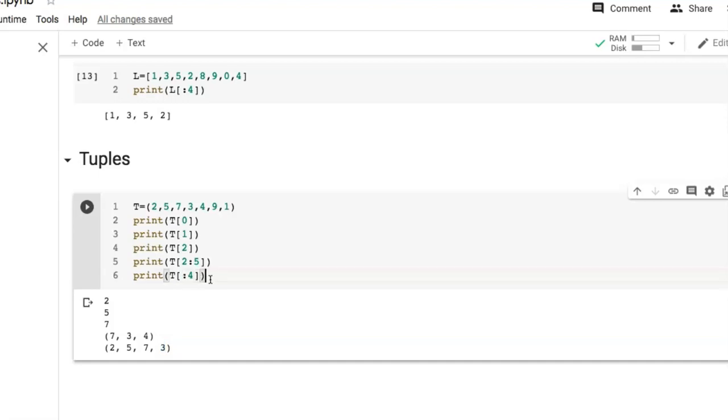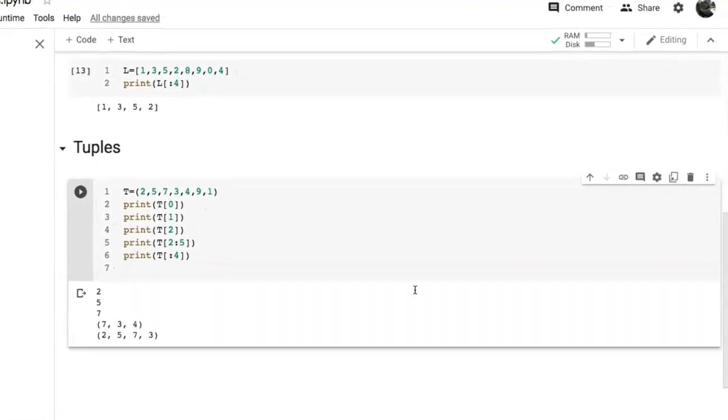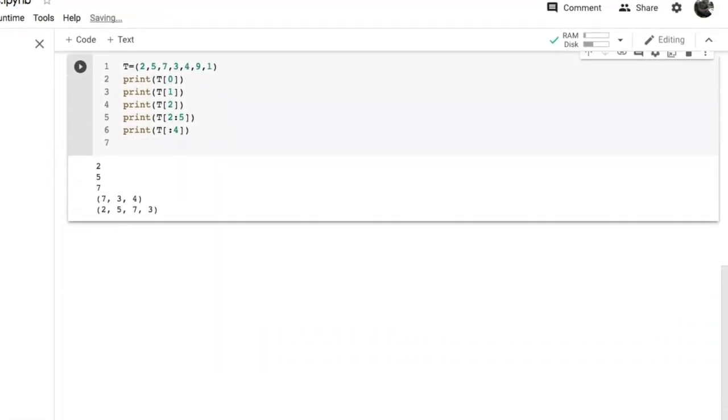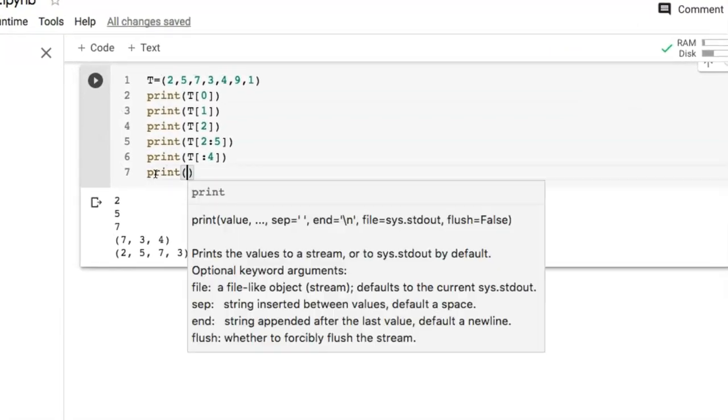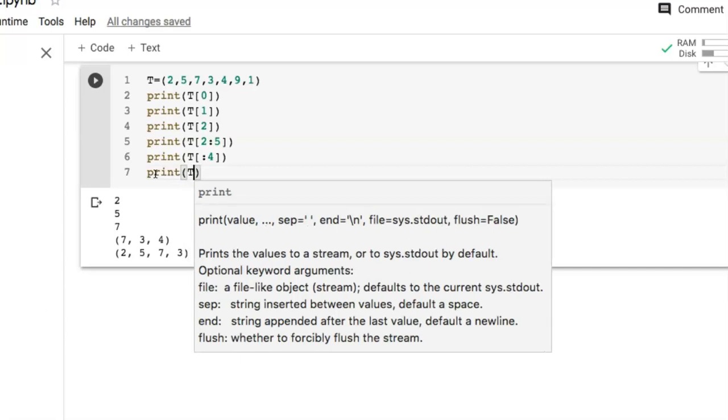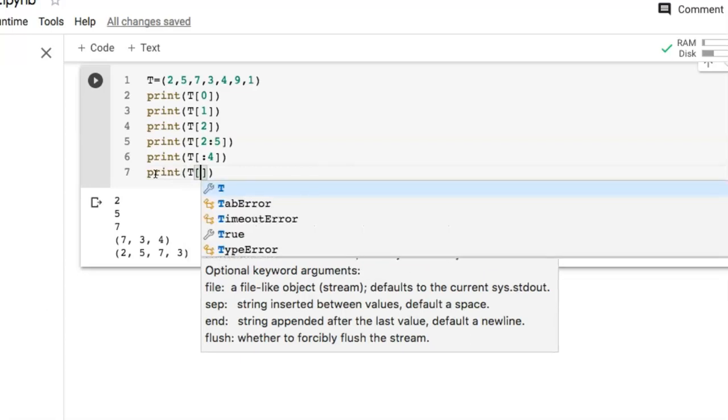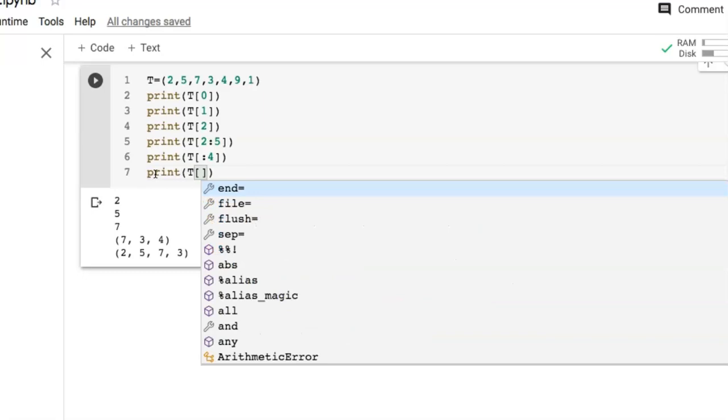And we can scroll it down a little bit, and this time leave the last index.